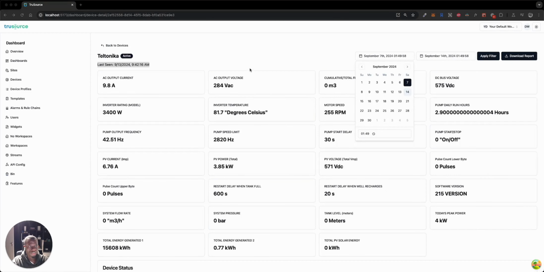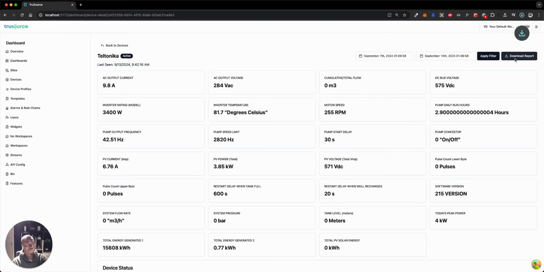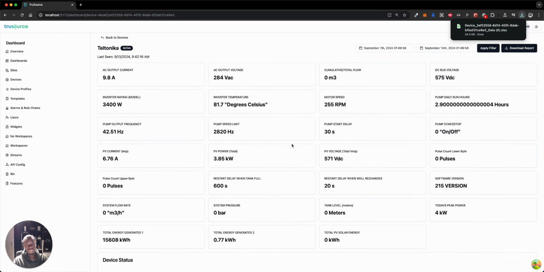On the device data section, we have added a lot of data points and features, which just from a bird's view you can see what's going on with your particular device. On the top left we can see the name of the device, whether it's active or not, what time it was last seen, as well as date filters, which are pretty granular,